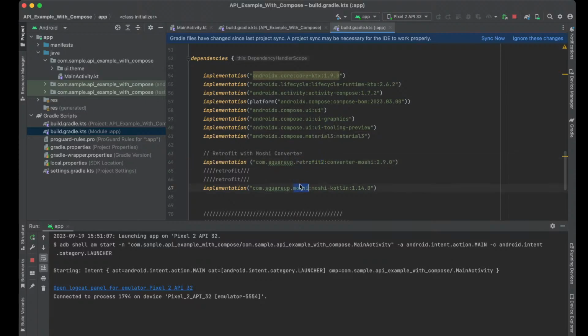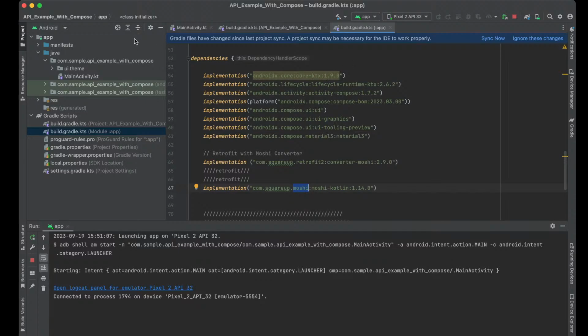Moshi is mostly responsible for parsing the JSON requests so that we can extract the different variables from the JSON that we receive from the API, which will be like